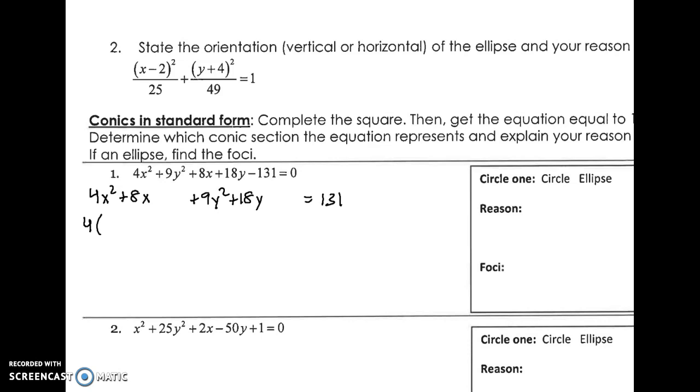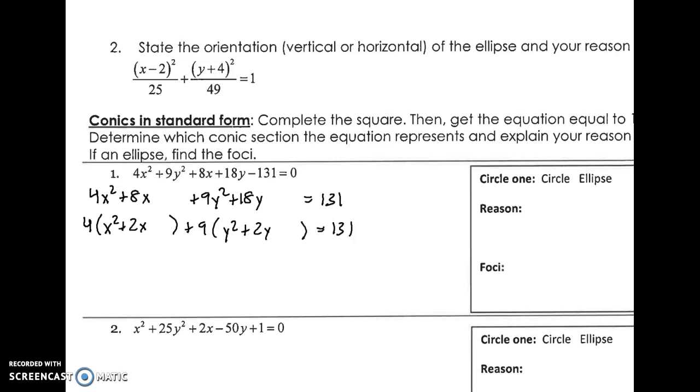In front of the x squared is a 4. So I'm going to divide out the 4 from both of those terms to write it with only a 1 in front of the x squared. Now do the same thing with the y terms, pull out the 9. And